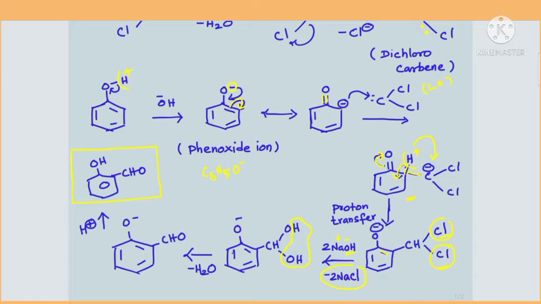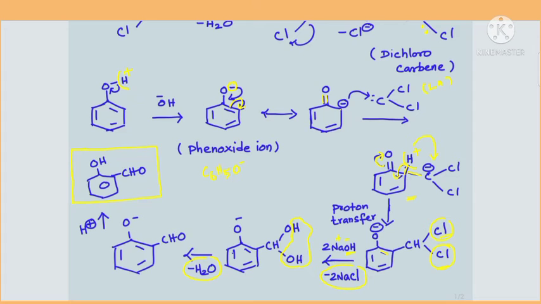So that you get a product like a diol, which is like a gem diol. Gem diol is the one in which there are two OH groups at the same carbon atom. We know very well that this kind of gem diol compounds are highly unstable, because the OH groups are nucleophilic in nature, electron rich species. When two electron rich species are at the same carbon, there will be a repulsion, which makes the compound unstable. So now H from one OH group and another OH group combine and form water, and water will be removed here.